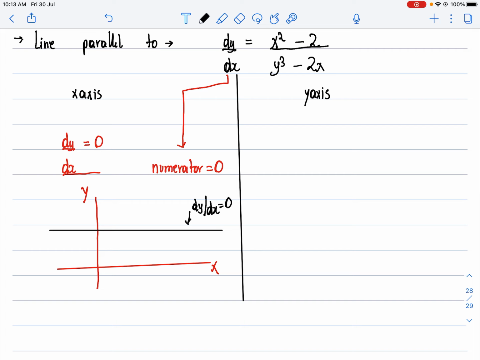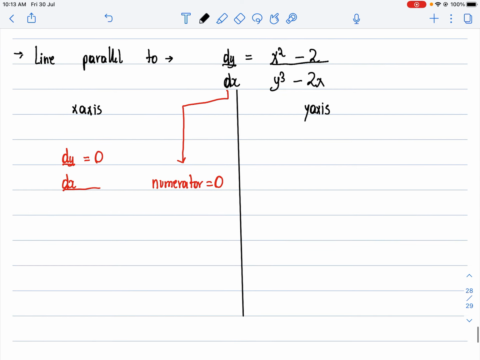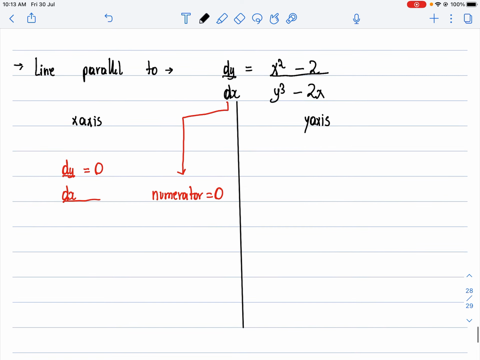So this was basically for the understanding sake. I'll just erase it so that it's clear. So the basic way to remember is, if they say that the line is parallel to the x-axis, equate your dy by dx to 0, which will basically lead you to the numerator equal to 0. And let's say if they say that the line is parallel to the y-axis, that means you just need to equate your denominator